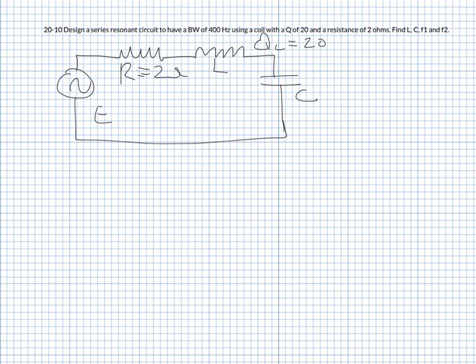Okay, so series resonant circuit, so that's what I've drawn here. Not quite as nice as you might see on a whiteboard, but you do have the resistor, the inductor, and the capacitor there, and the source. So what we're looking at, we have